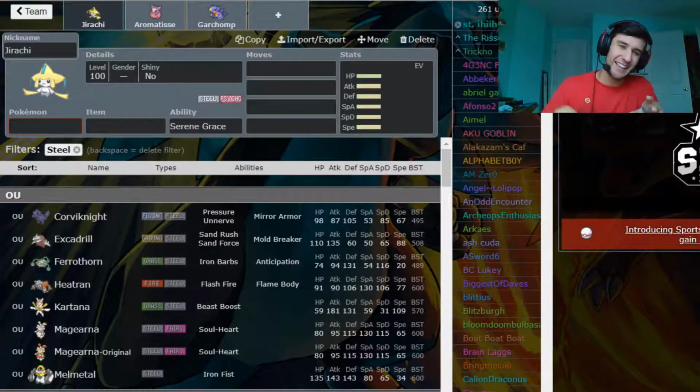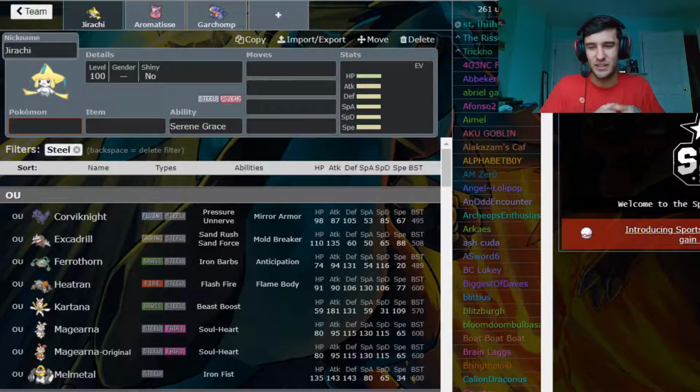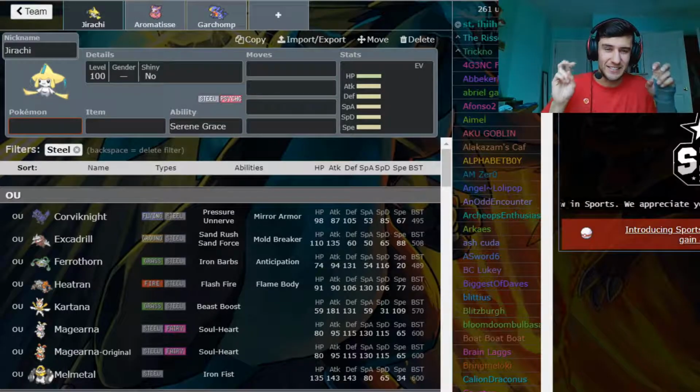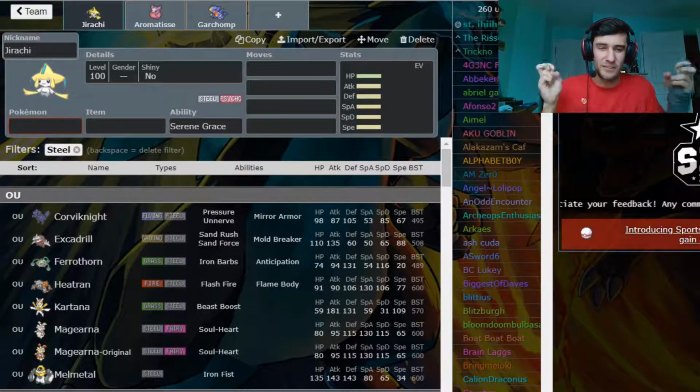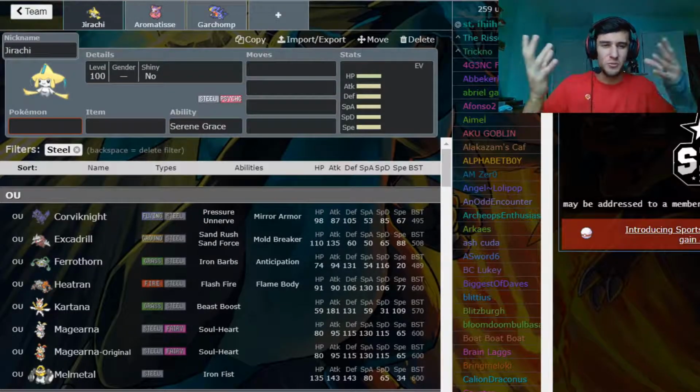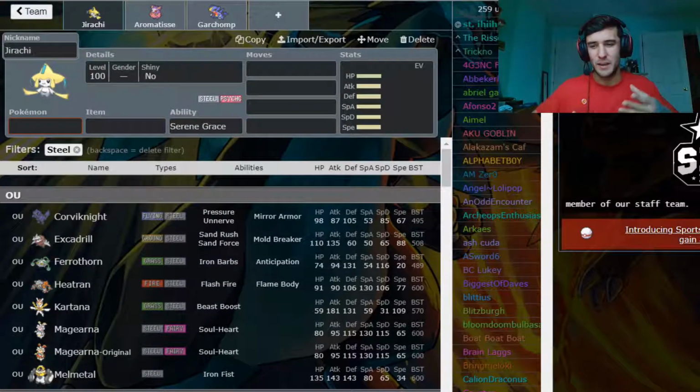Excadrill. Excadrill does have good defensive utilities, especially in some matchups, but a lot of times you don't think of Excadrill as a steel type. Offensively, it's a steel type, but it's more of an offensive mon. You think of it more like a ground type. And